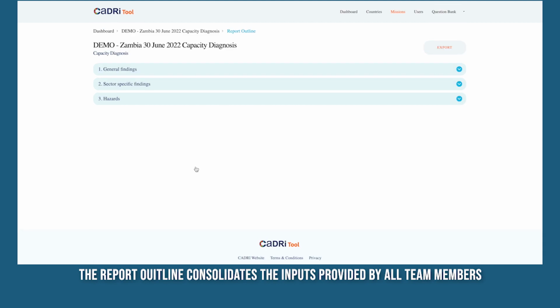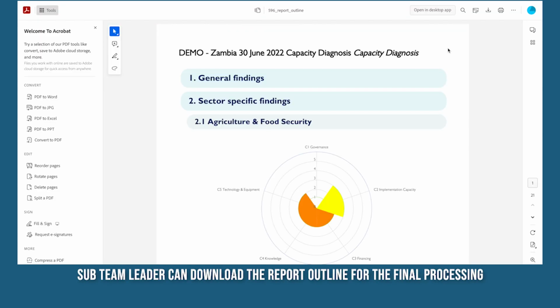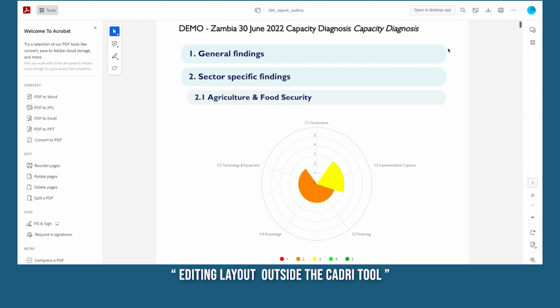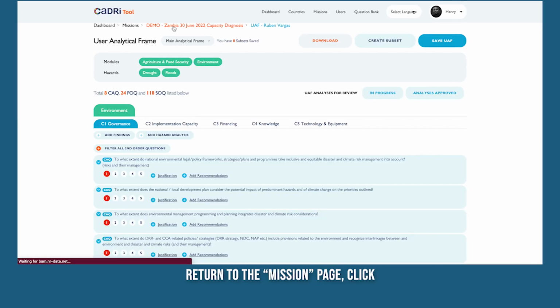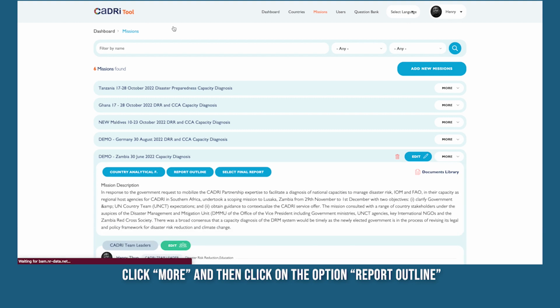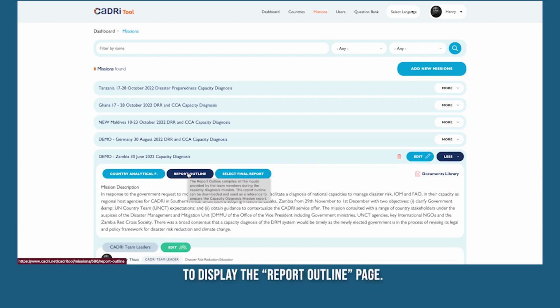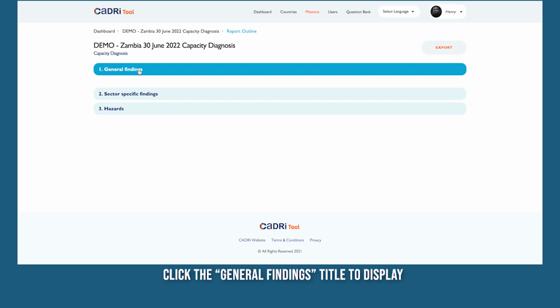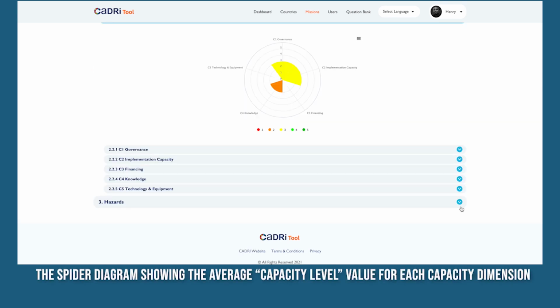The report outline consolidates the inputs provided by all the team members. Sub-team leader can download the report outline for the final processing, editing and layout, outside the Cadre tool. Return to the mission page, click More, and then click on the option Report Outline to display the report outline page. Click the General Findings title to display the spider diagram showing the average capacity level value for each capacity